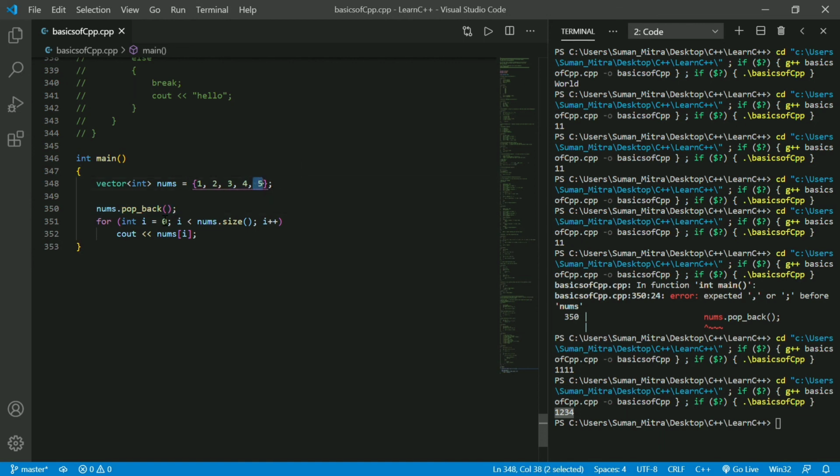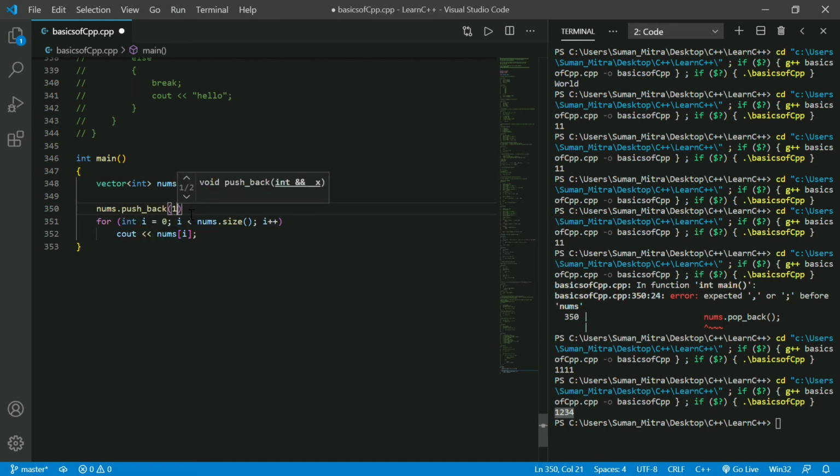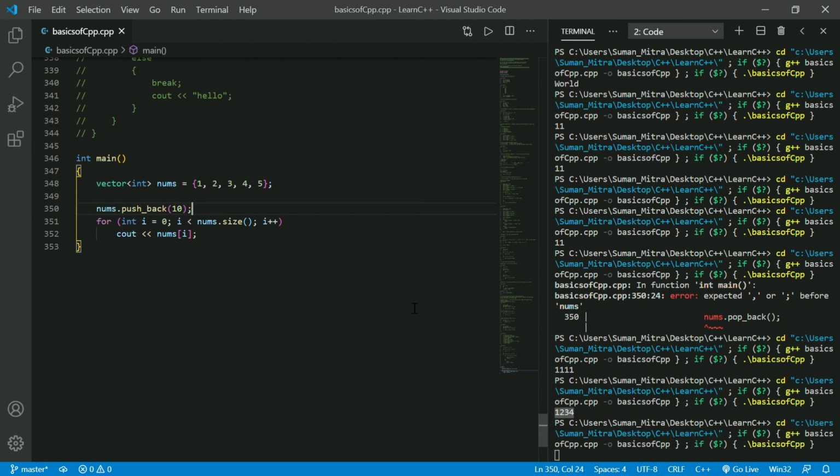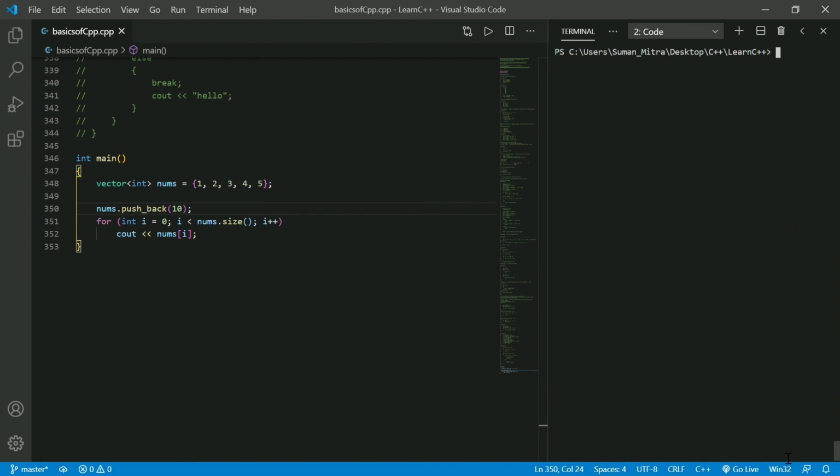And with push_back we can do one more thing. We can write nums.push_back(10) and just run it. I'll clear this and use an endl here so that you can see it clearly.